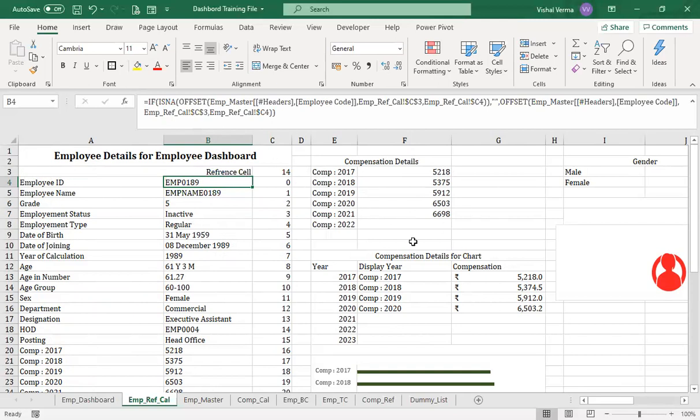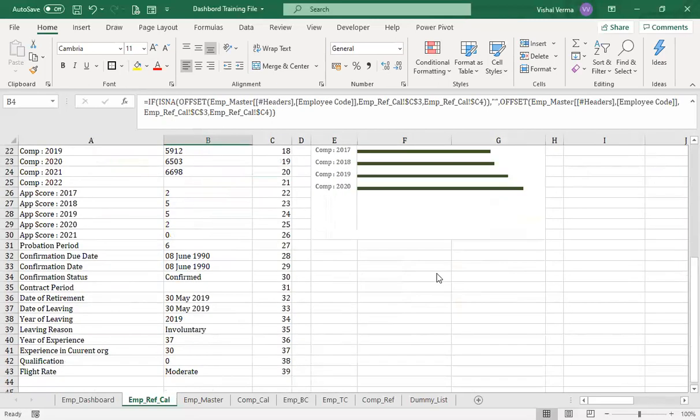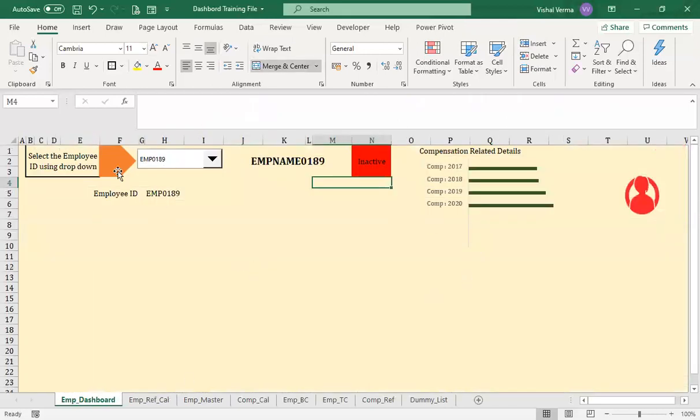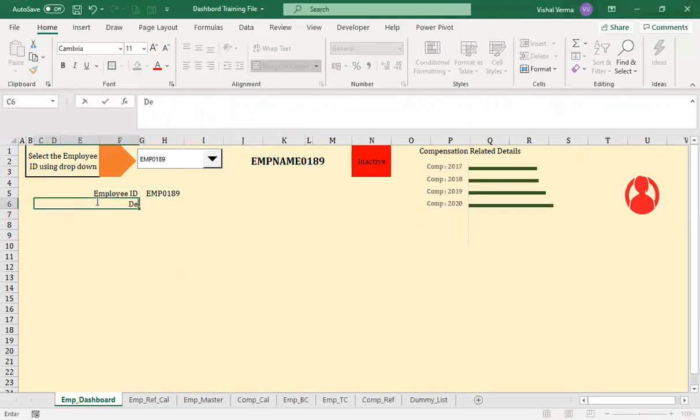We have already seen how we calculated the compensation related to the different years, thus making our chart ready. Whenever 2021 comes, it will work on that. So we prepared the employee details. Now we can put different values here. The employee name is already here, so we can put the department here.